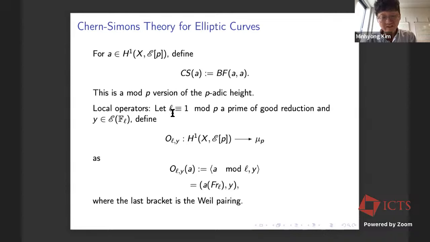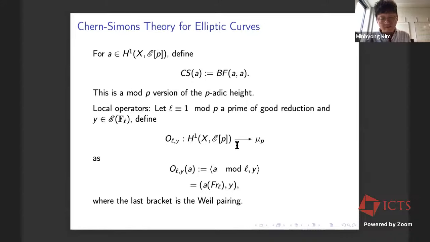So again, let's take L to be congruent to 1 mod P, as in this other discussion. And now in this case, we'll fix an L point, I think maybe I should take an order P L point, an F_L point of order P. So this is like a local operator now, really, because what do you do? There are 2 bits of data: this thing that's like a knot, L, and then an additional bit of data. This is like the representation in the Wilson loop in some sense. So in that case, you get a function.